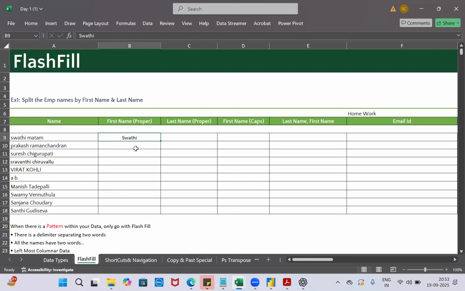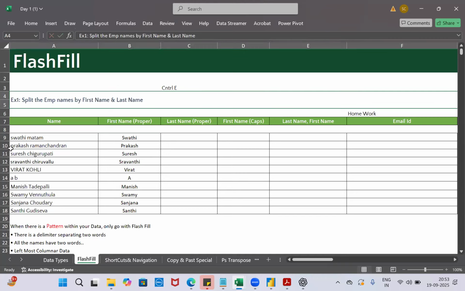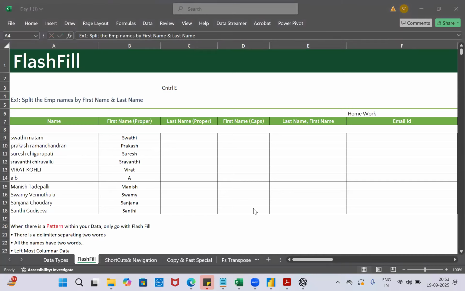Control E. You should enter Control E. Can you see? You got the output. You got Prakash, Suresh, Sravanthi, Virat, everything in proper case. You guys are able to see? Isn't it so good? One shortcut key, Control E, is helping you.